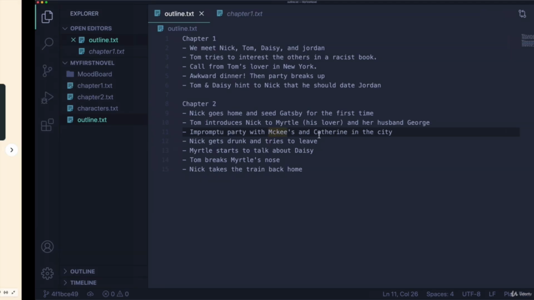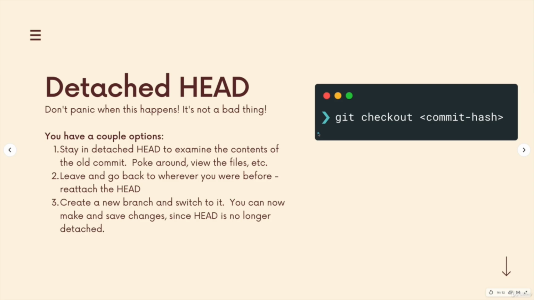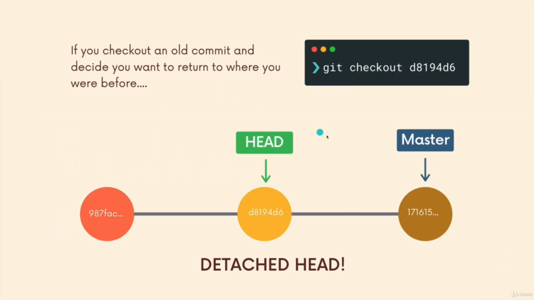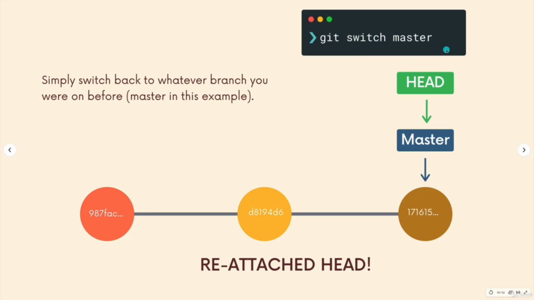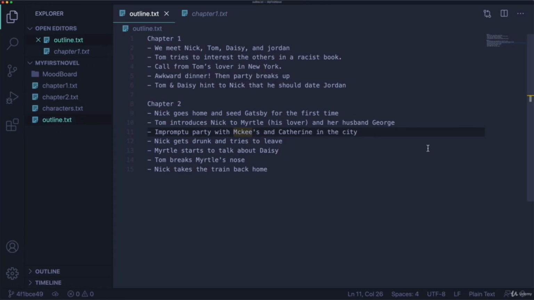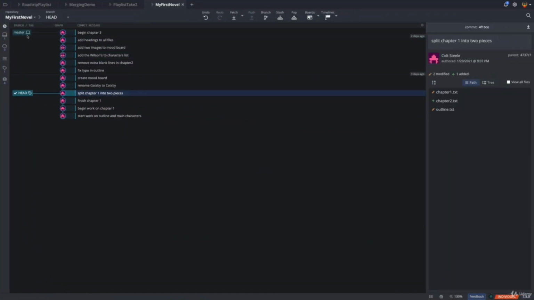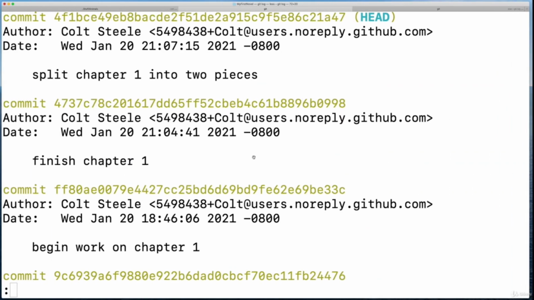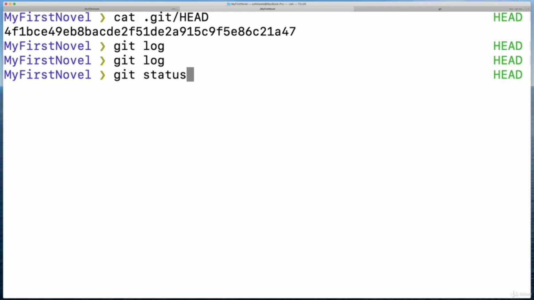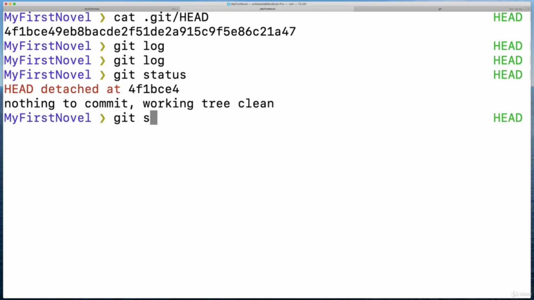Now, if I want to go back to where I was, I want to go back to master, all I need to do is switch to a branch. So if I have a detached head, I can switch back to master, git switch master, or git checkout master, and we're reattached. So I can show that. We've got only one branch in this repo, so master. I'll just switch back. So right now, I'm in detached head. Now if I do git switch master,